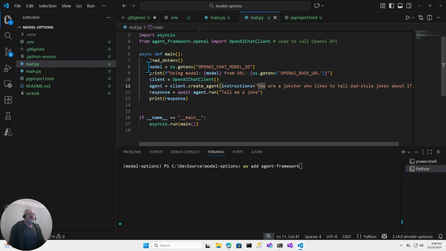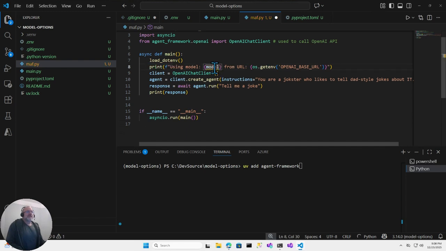Then, in the print statement, I realize now I didn't even have to do this. I could make this even smaller. You'll see why in a second. Put that here. So with fewer lines of code, I'm going to be able to do the exact same things